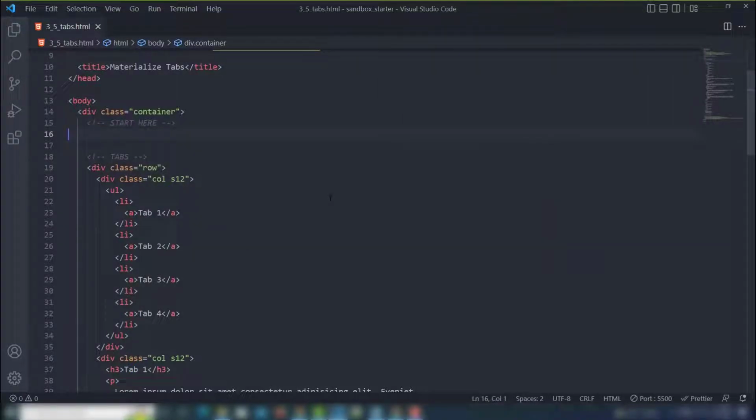Hello guys, in this video I'm going to teach you Materialize tabs. Materialize tabs are very useful to display content inside tabs. I'm going to show you how you can use that. So the first thing is